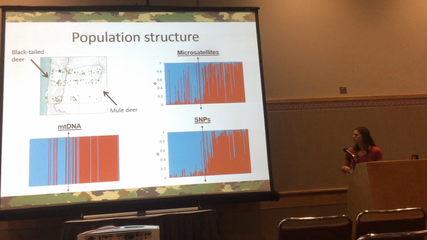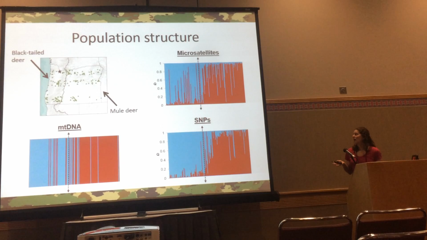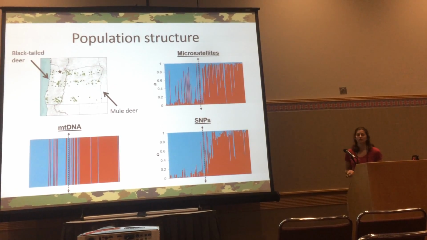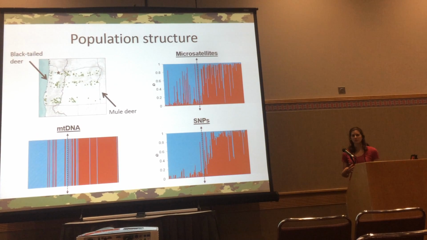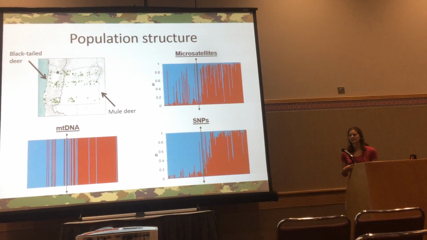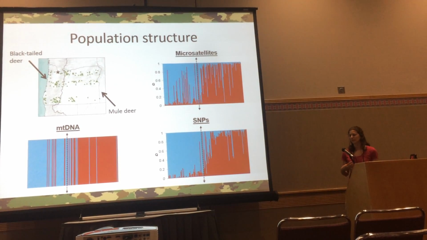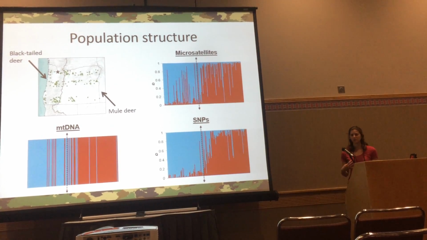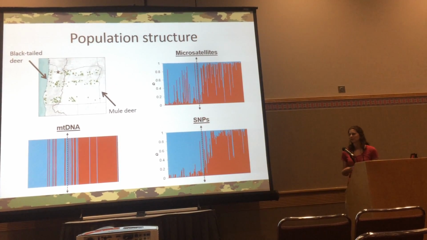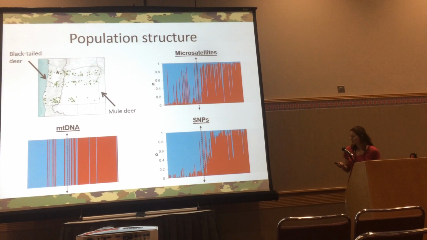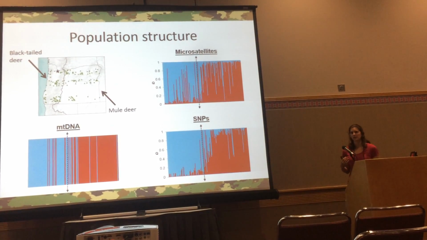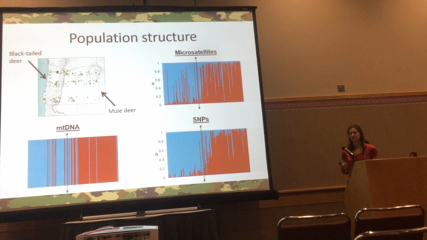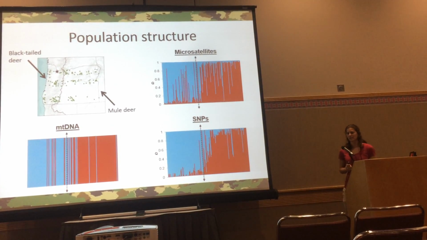we found that we end up getting a lot of hybrids, mainly centered around that Cascade ridge line. So we considered a hybrid to be anything that had less than 90% probability of being assigned to either of the putative parental lineages. So when we ran some cline analyses, we found very similar cline shapes across all markers, with the cline center occurring just east of the Cascade ridgeline.